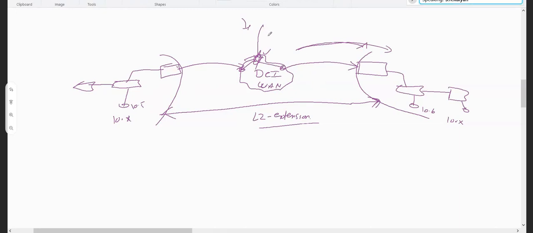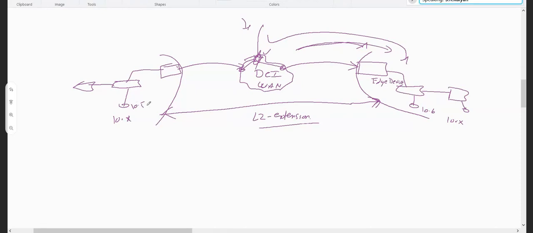If, for example, the packet still goes to this side, because this is a DCI interconnect, like the L2 extension which I took, this will be flooded. This will be flooded in the LAN, right? If 10.5 is not known, I will flood it in the LAN. This router, being the edge device, is going to send any layer 2 frames to all the devices here. So which means